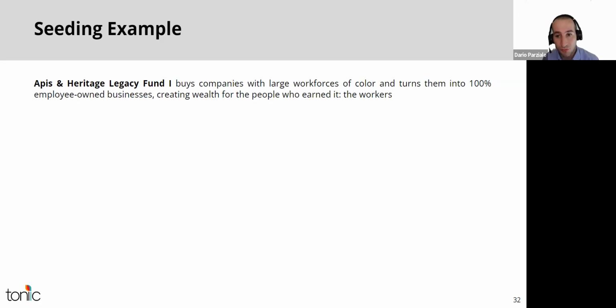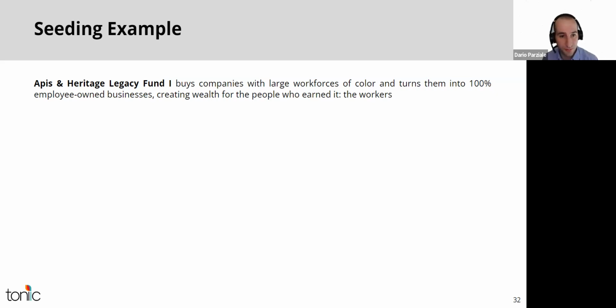This creates wealth for the people who earned it, the workers. The workers can now build equity and improve their retirement savings. Peace and Heritage also provides the workers with management training to build a culture of collaboration and empowerment. This ownership culture is shown to reduce turnover and improve satisfaction and productivity, and that leads to better growth